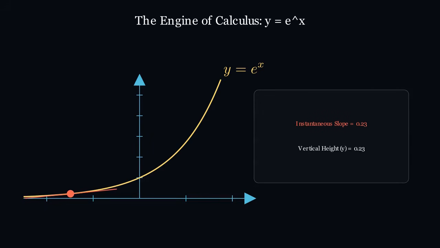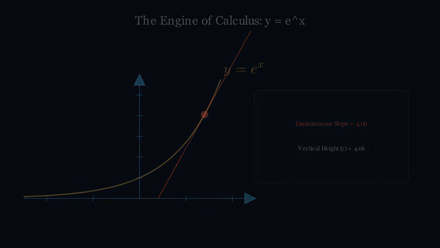Yet Euler's greatest revelation wasn't how to calculate e, but what e actually represented. Euler demonstrated that e is much more than a mere numerical limit. It is the fundamental engine of all calculus. This becomes undeniably clear when we plot the natural exponential function, y equals e to the x, on a Cartesian plane. By mapping this specific base, the curve transcends basic algebra and steps into a realm of pure geometric perfection, revealing the exact mathematical equilibrium of continuous change.